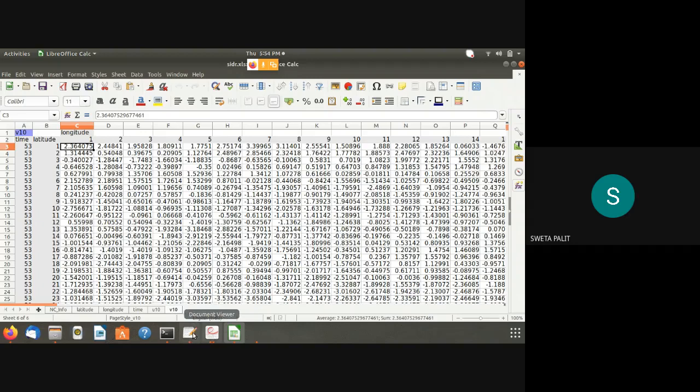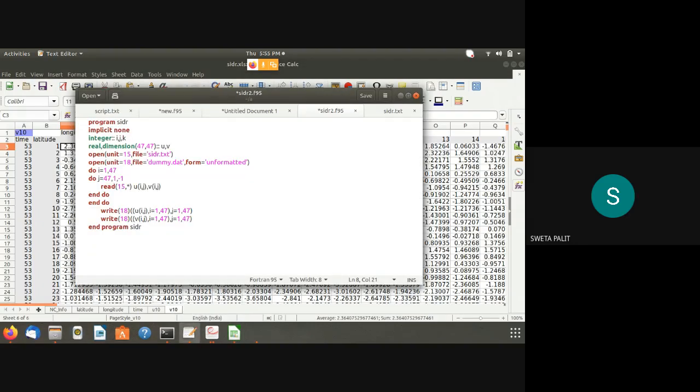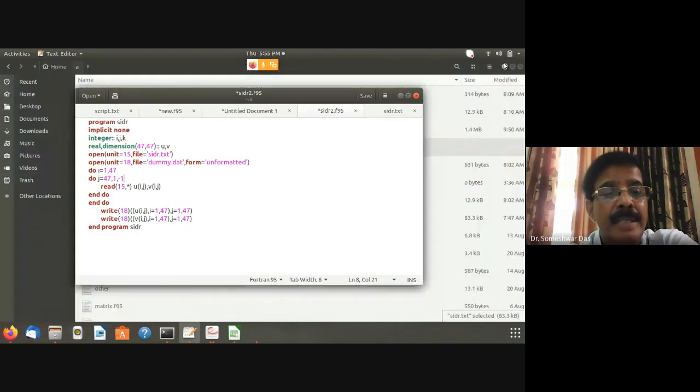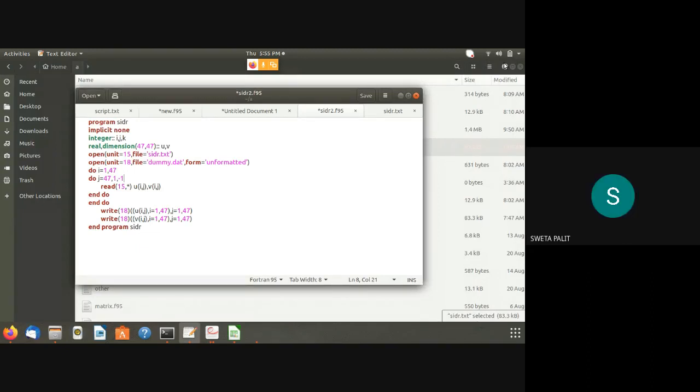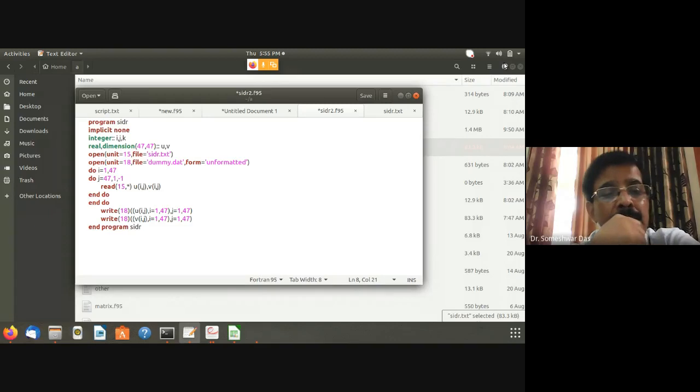Yes, sir. So in that case, your read statement is fine. Uij and Vij is okay. No problem. Uij and Vij, and so all the values of I will be read, and then all the values of J will be read. And then you are writing,